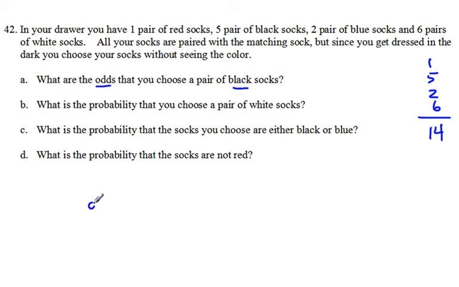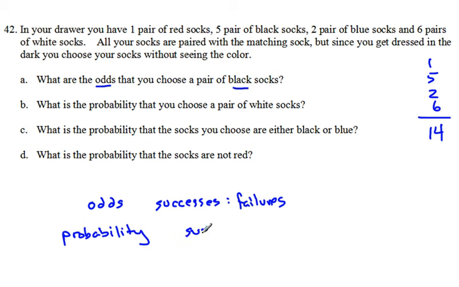Now, just a refresher that odds has to do with our successes related to our failures. Whereas when they ask for probability, probability has to do with our successes over total cases. Let's go with that. All right, so when we're looking at odds that we get a pair of black socks,